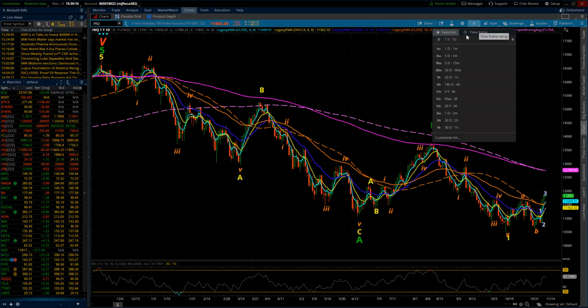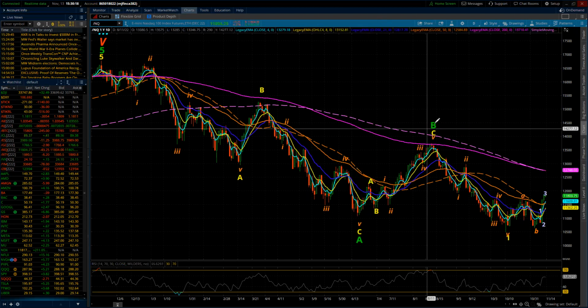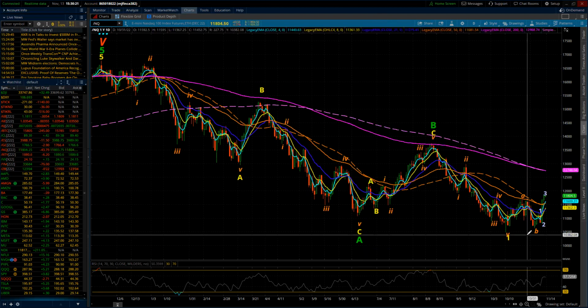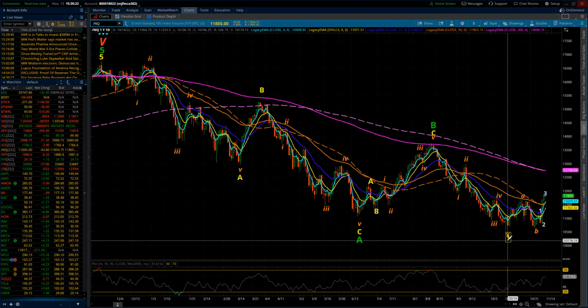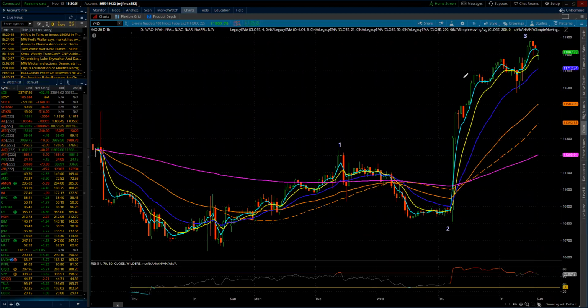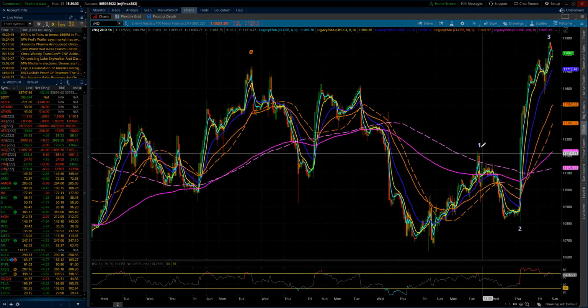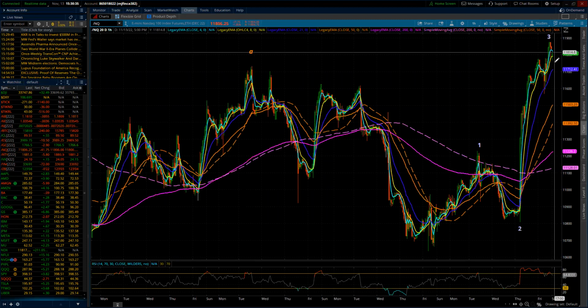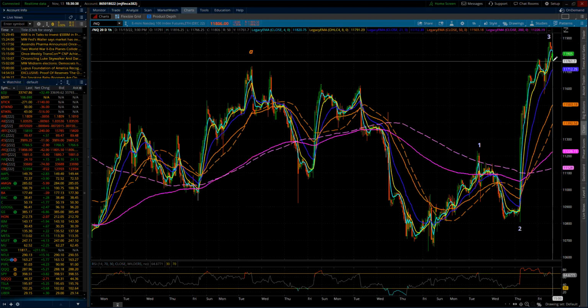Off of that daily. So in other words, here, the A, the B still in place on the primary degree. We're in the primary C wave down, of which we've done the intermediate wave 1. We are now still within an intermediate wave 2. Let's look at what could happen. Same deal. 1, 2, 3. We're in a 4. We've already been down,